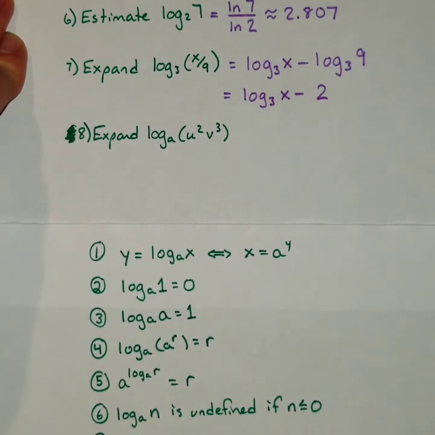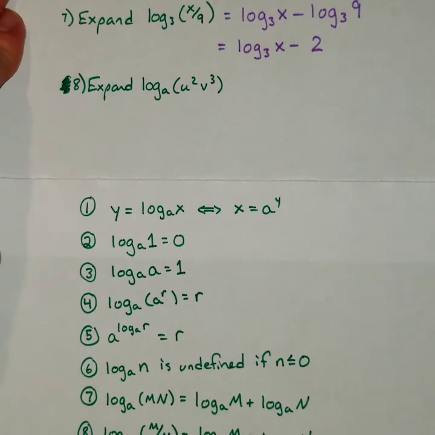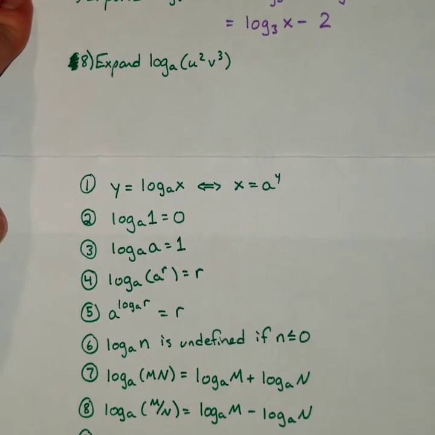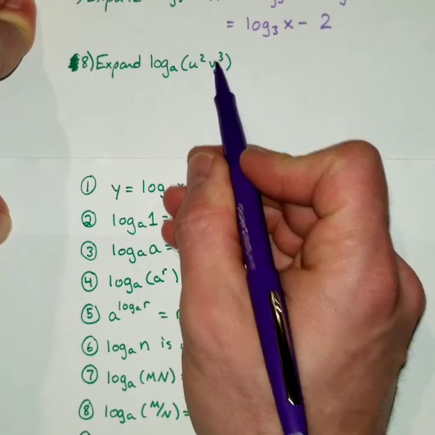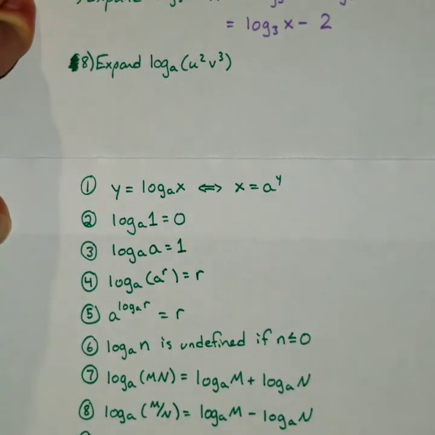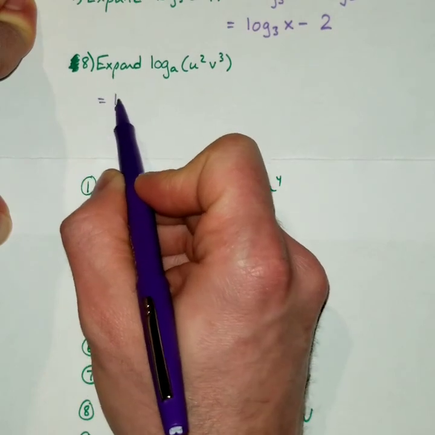Okay. Alright, last one. Oh, actually, no, I've got a couple more. Expand this one. This one has a product with some powers on it. And so I'm going to use my product to a sum, property 7, and expand this out. This becomes log